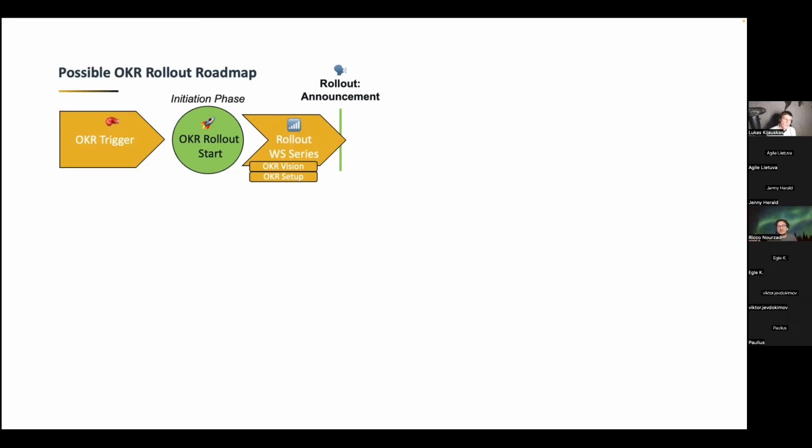There are always questions about why we do OKRs. So I always like to have this OKR vision in place, which is also measurable in the end, by introducing OKRs with OKRs. And regarding the setup, there are a lot of other questions: what roles and which skills do we need? Who is leading this transformation? Or also, do we do a vertical rollout or a horizontal rollout? We'll also talk about that in more detail later on.